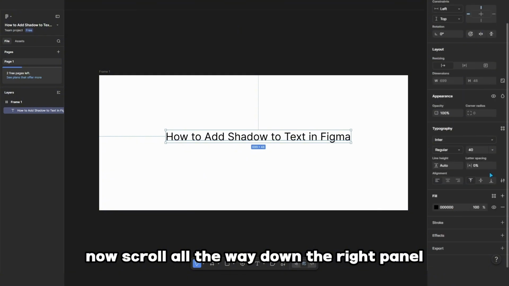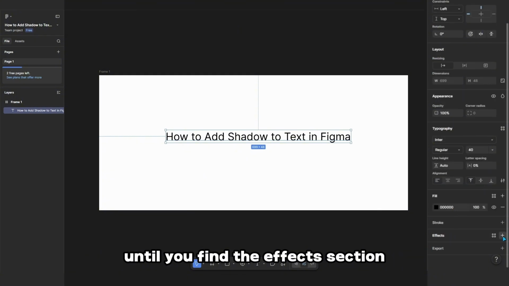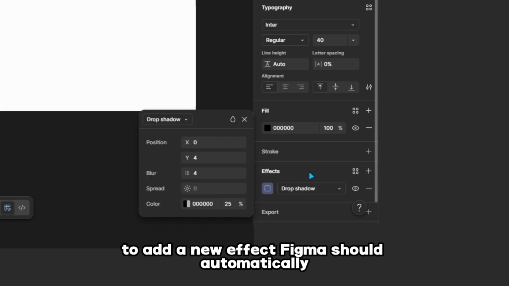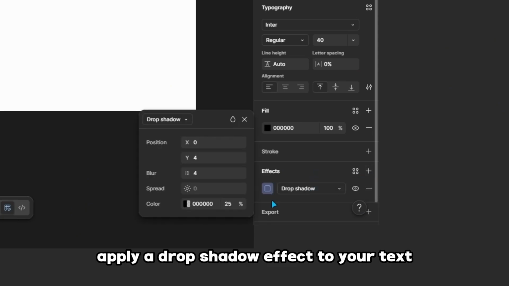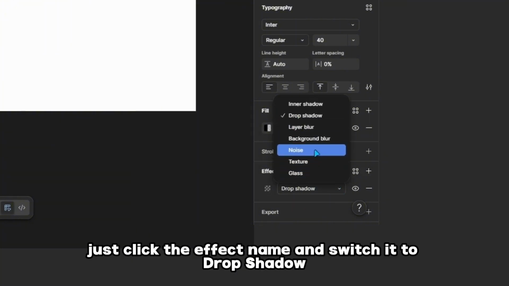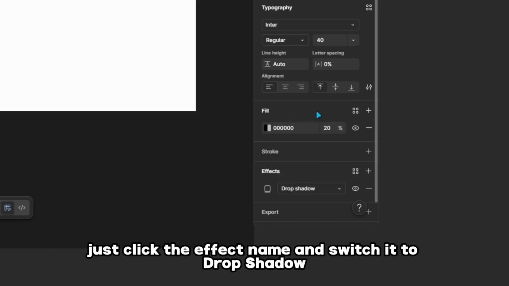Now scroll all the way down the right panel until you find the Effects section. Click the plus button on the right side of that row to add a new effect. Figma should automatically apply a drop shadow effect to your text. If it adds layer blur instead, just click the effect name and switch it to drop shadow from the drop-down